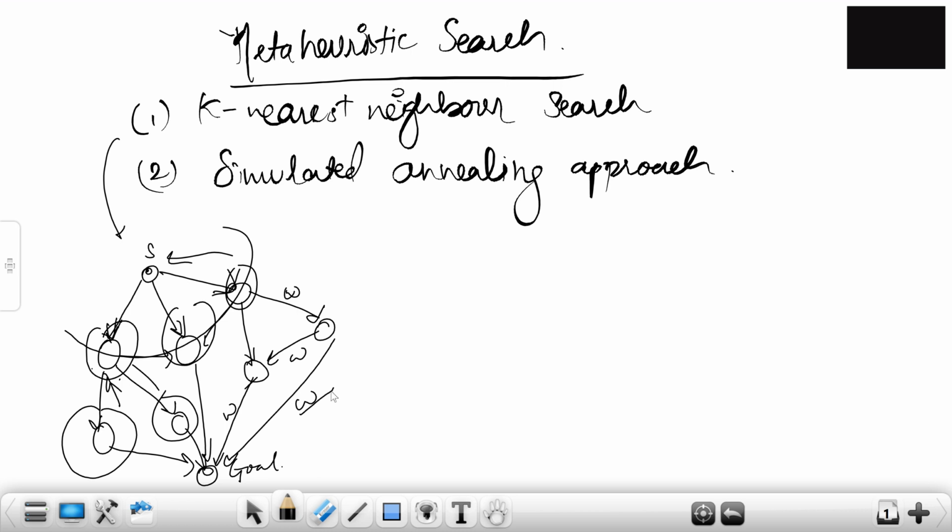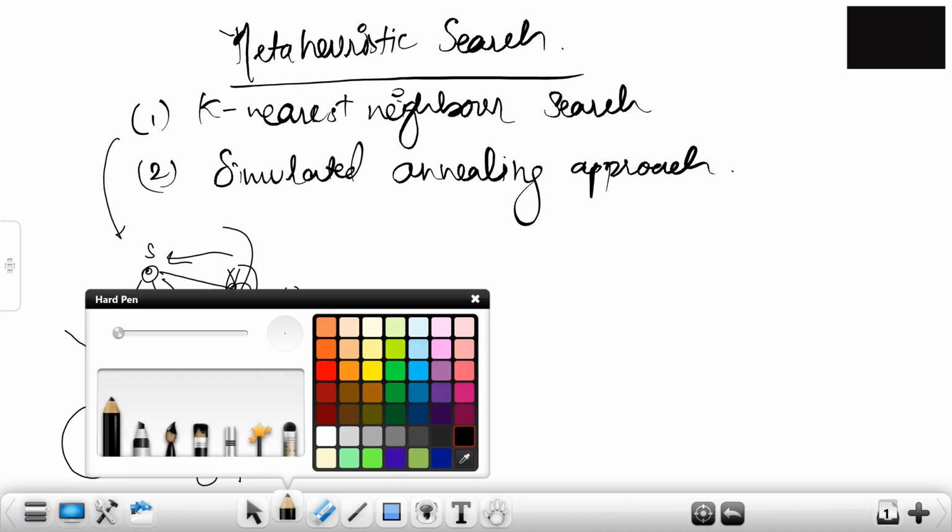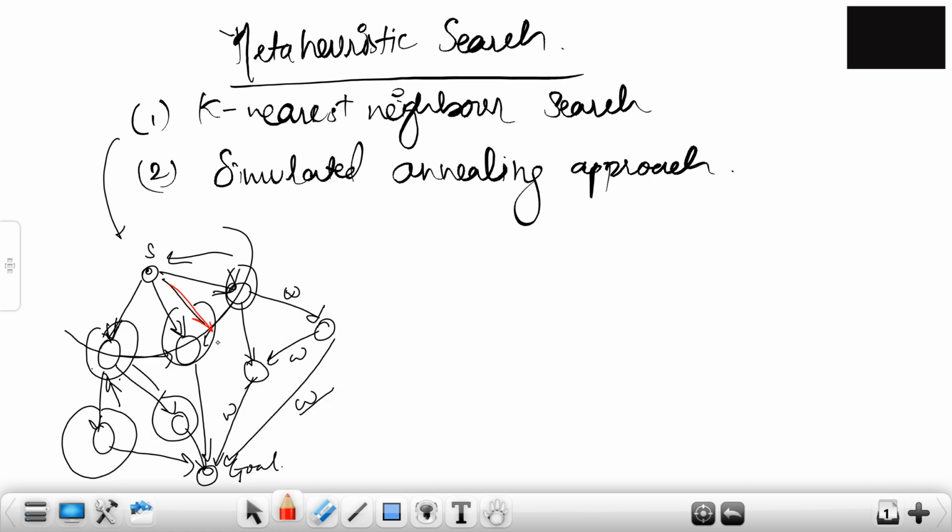So this is your K nearest neighbor approach, where we select the best K moves, out of which we get the most possible final answer. So these K moves exist. Basically, this is the best move. Let's change color. It will take a path like this, and there are only two nodes to traverse. The cost function is very low. For the others, there will be more; it will require more nodes to traverse, so the cost function will increase. The one in the center will take less time. So that's K nearest neighbor.